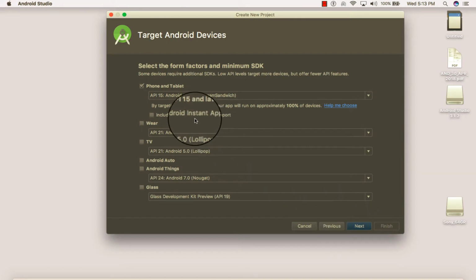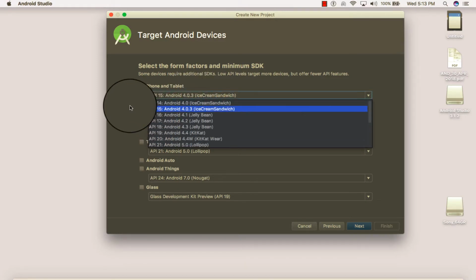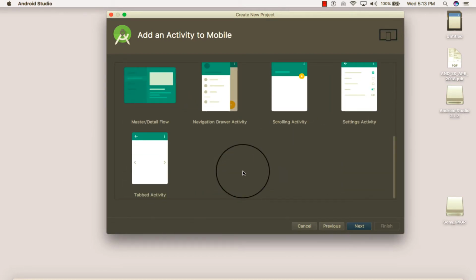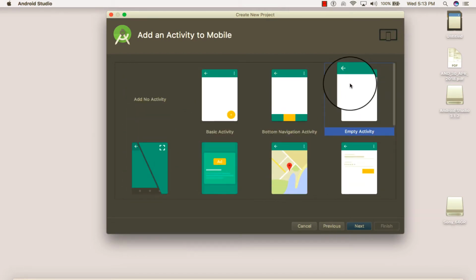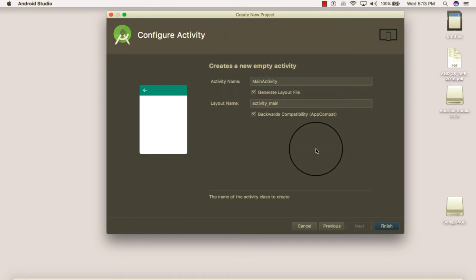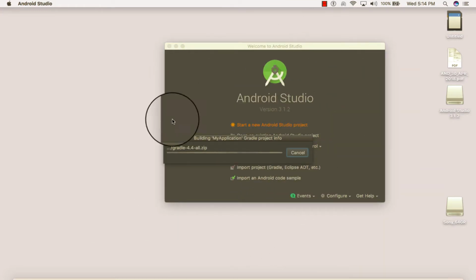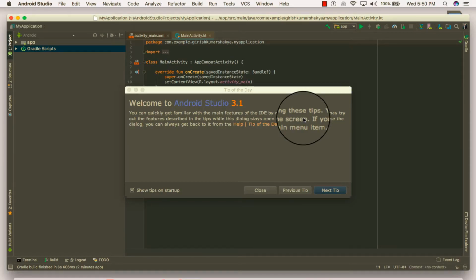And here you can see the minimum target version, wearable devices, and you can see a lot of target versions are available. And let me click on next here, and once again you need to select the activity that you want to create here. So let me click on next, and this is my main activity, activity underscore main, and let me click on finish. So Gradle will create a project, and that looks so cool. All right, so this is our first application, and